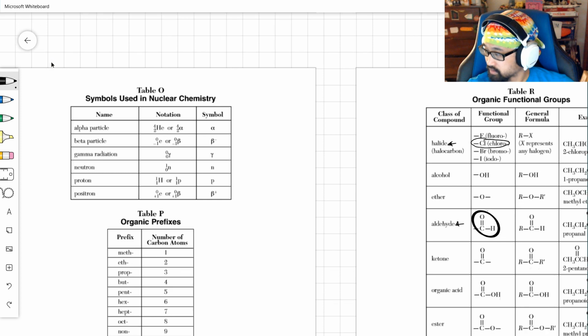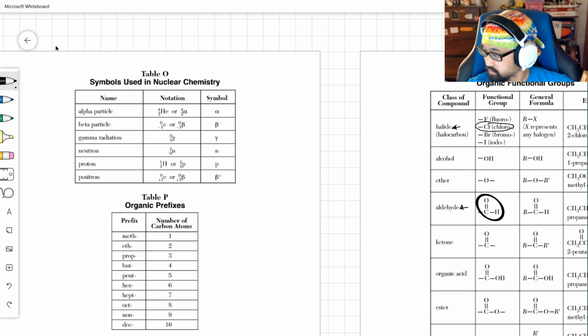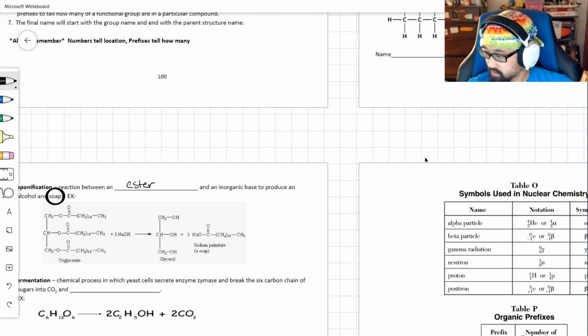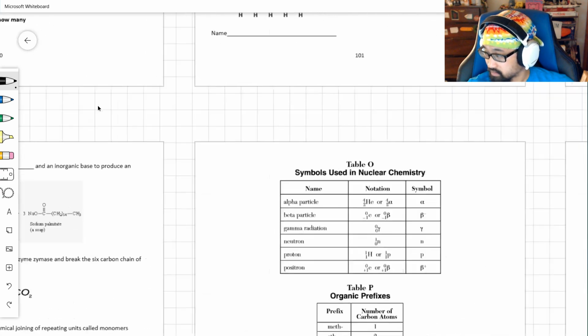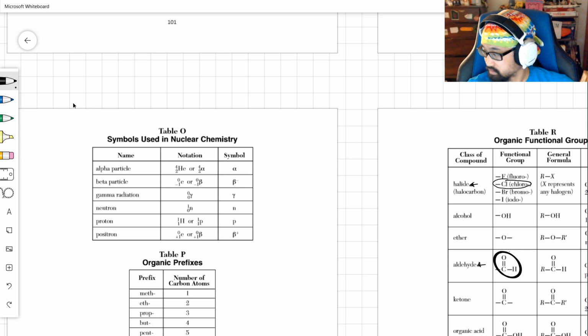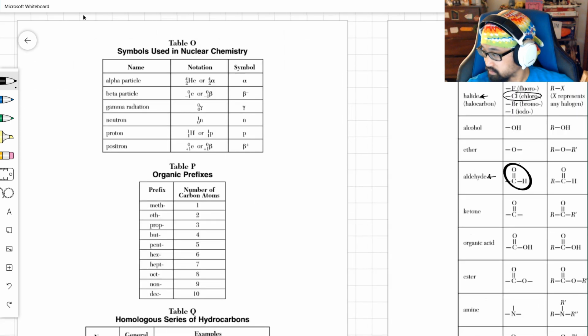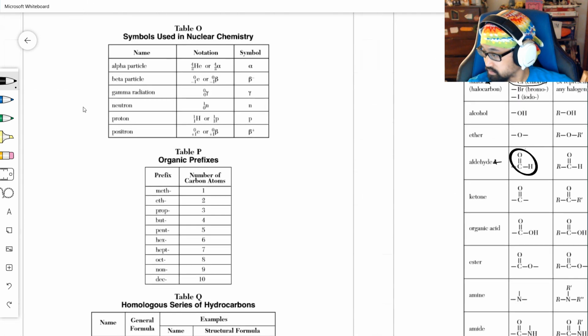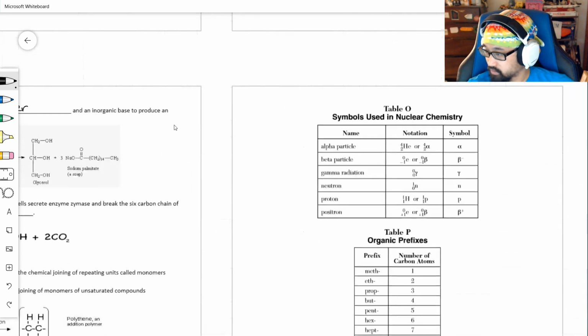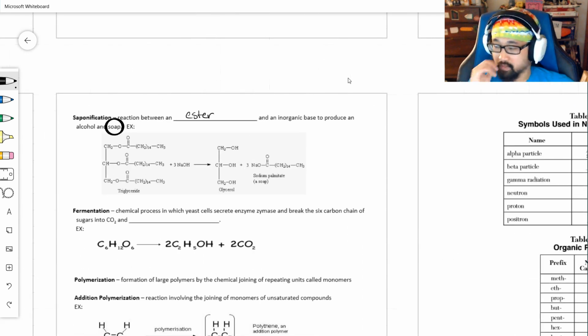Why do I feel like it's not totally right? Ester or ether? This is how long. No. It's an ester and, I'm sorry, ester and an inorganic base, but